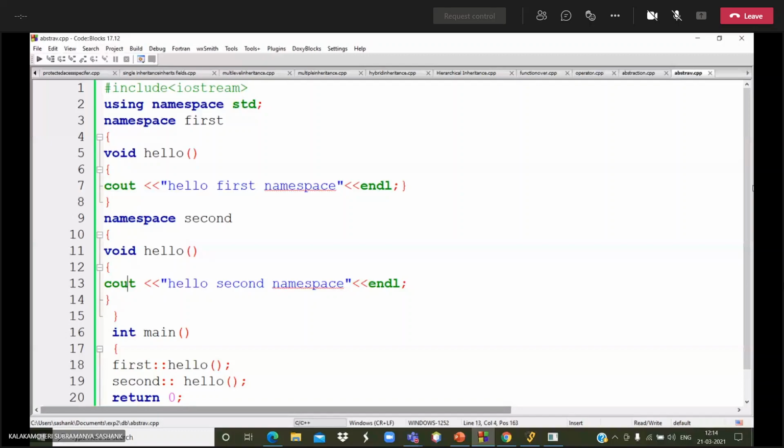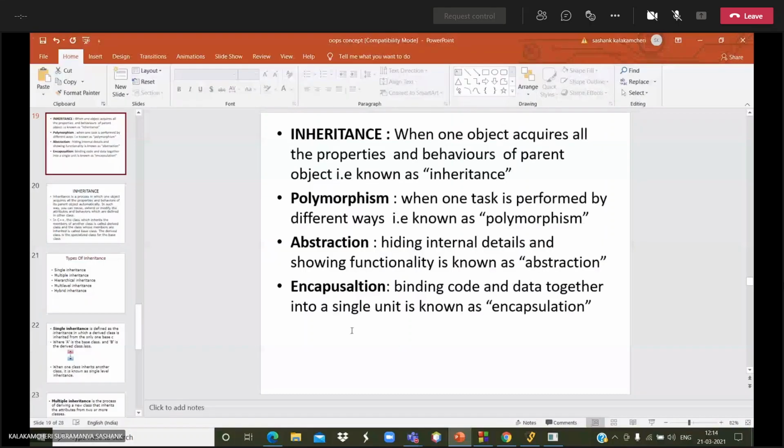The main advantage of encapsulation is that we get the code part and data part in a single unit. In OOPS they are combining the data and the code. It happens with the help of the concept of encapsulation.